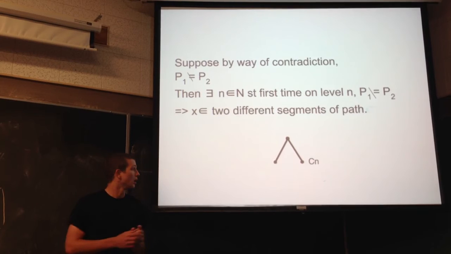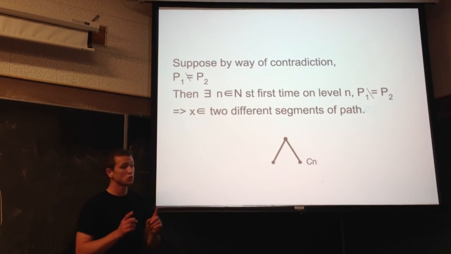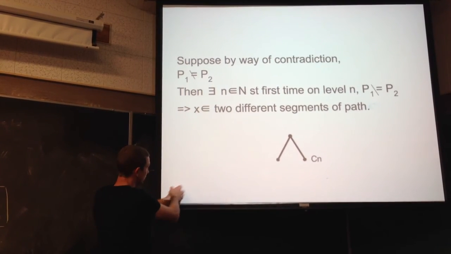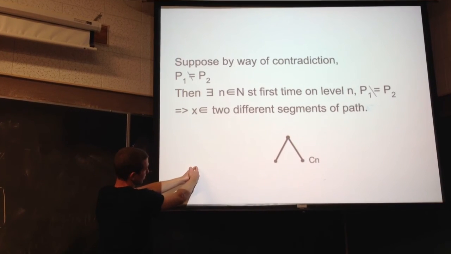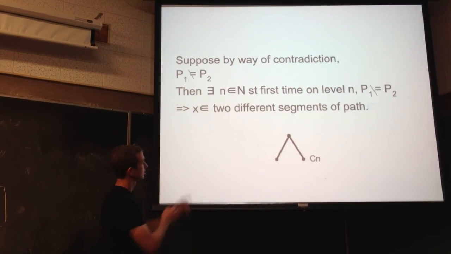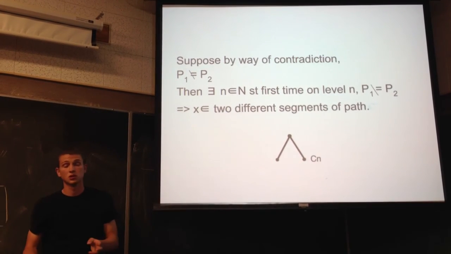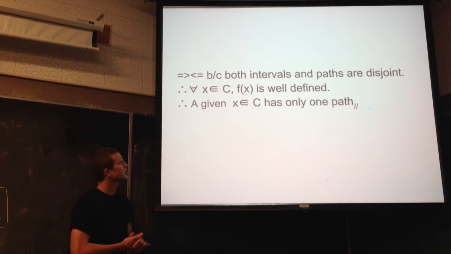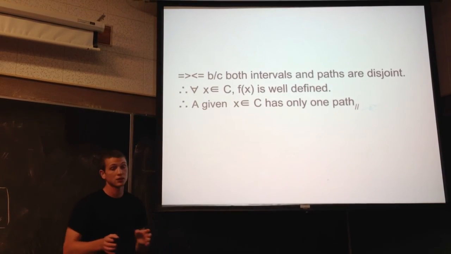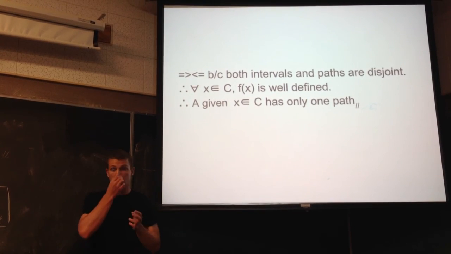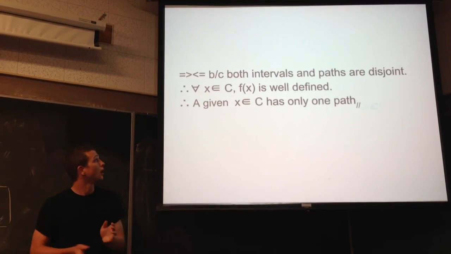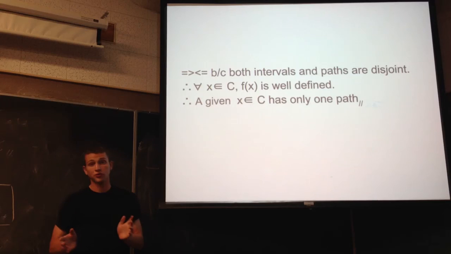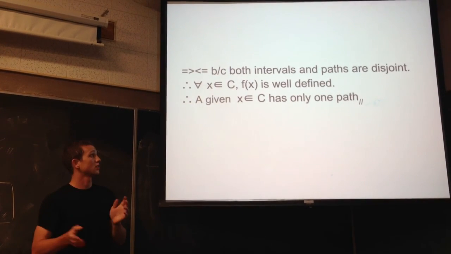Now I'll explain. So basically what we've said is that if two paths represent the same location, we're moving along the tree diagram, but at some point they must be different. And we're saying that x lives in both of those line segments. But that can't be true, that's a contradiction, because we know that these intervals and paths that we're talking about, which are now sort of interchangeable, are disjoint. And therefore, for all x in the Cantor set, f of x is well defined, and we've shown that a given x in the Cantor set has only